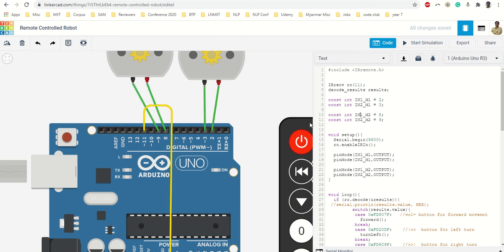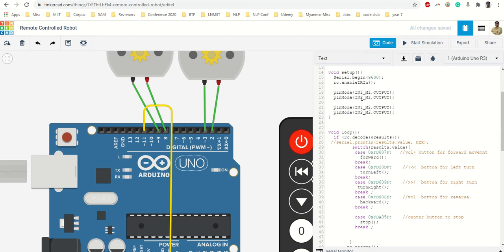So like this, and the respective pin numbers where they are connected, 2, 3, 8, 9. Then I begin my code, and in the block code we were not defining anything like which pin is input, which is output and all, but here we have to specifically define that, and I define that pin mode for these four pins are output.